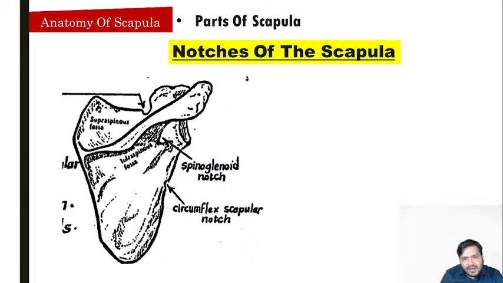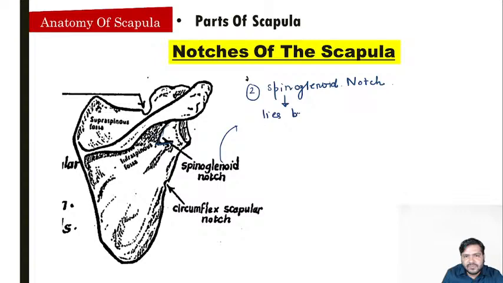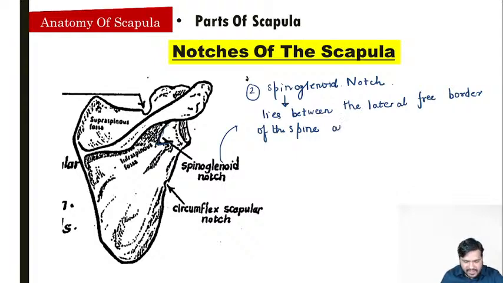Now guys, coming on to another notch that is present, that is called the Spinoglenoid Notch. Write down the name of the second notch, children. Spinoglenoid Notch basically lies between the lateral free border of the spine and the glenoid cavity. This notch